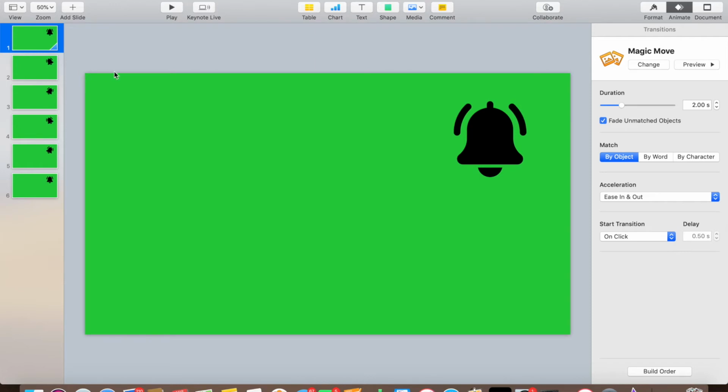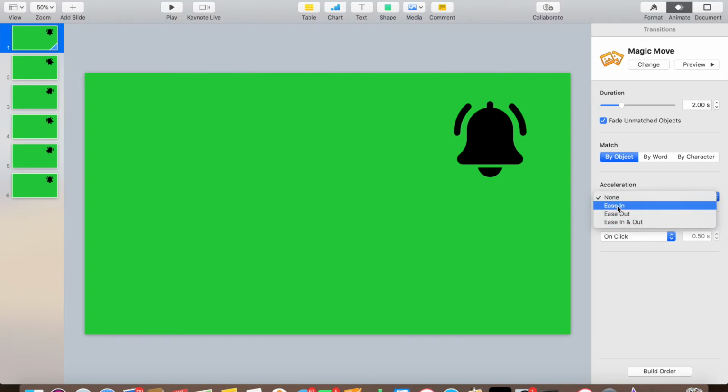Okay, now I need to put that on each. Let's go ahead and do this though. I'm gonna leave that at 2 for now. I want it shorter eventually. Can leave this as object. I'm gonna try and show you here. This is the acceleration. If you put this at none, then it doesn't change pace. It just goes all in one pace. So I'm going to try and show you what that preview would look like in comparison to